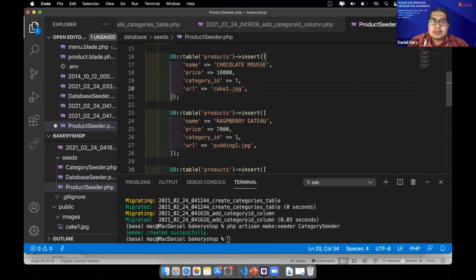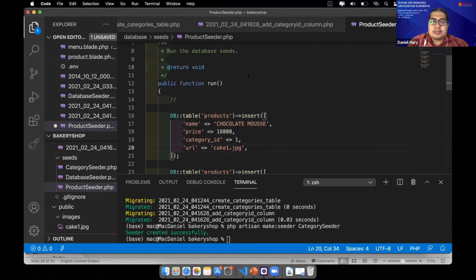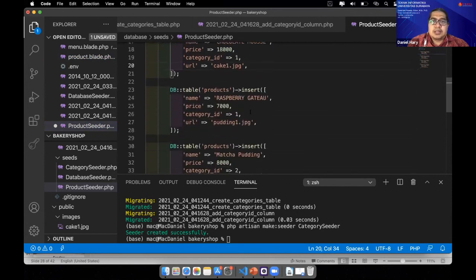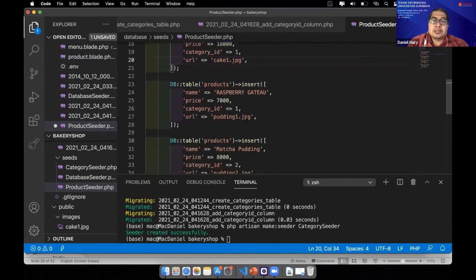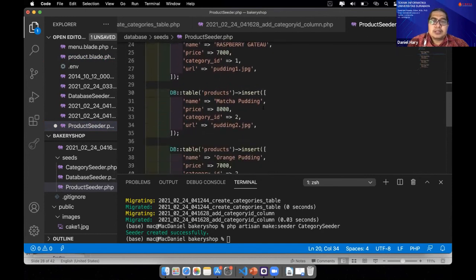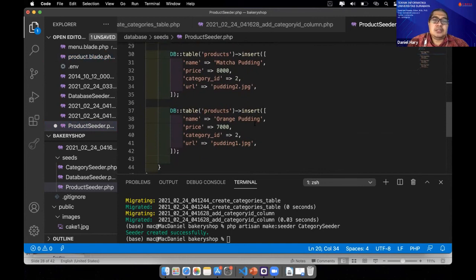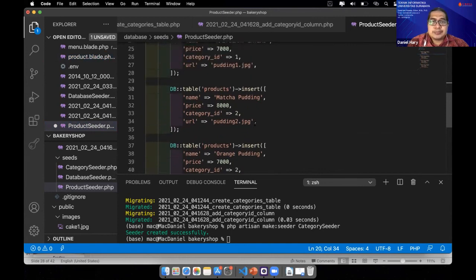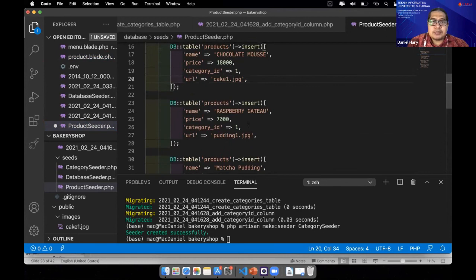So I think this product will have ID 1, this one will be 2, this one will be ID 3, and this one will have ID 4. Raspberry Pi 15.000. Okay, 2.